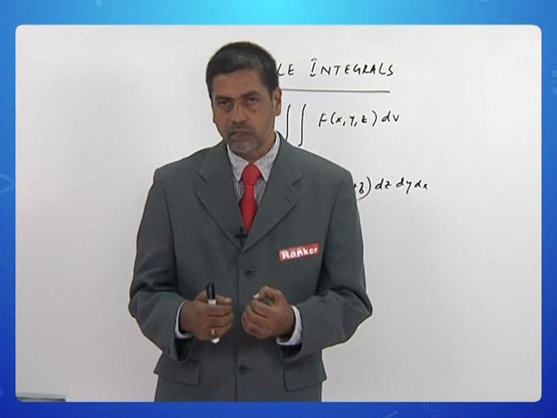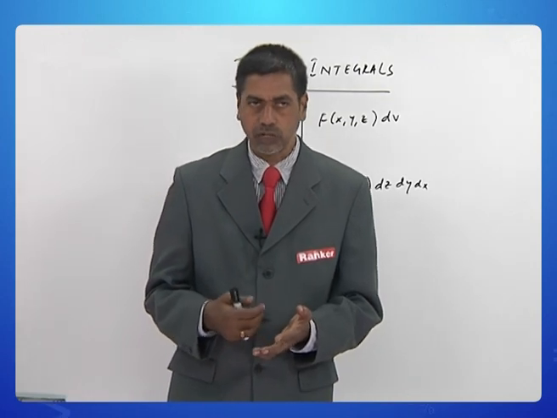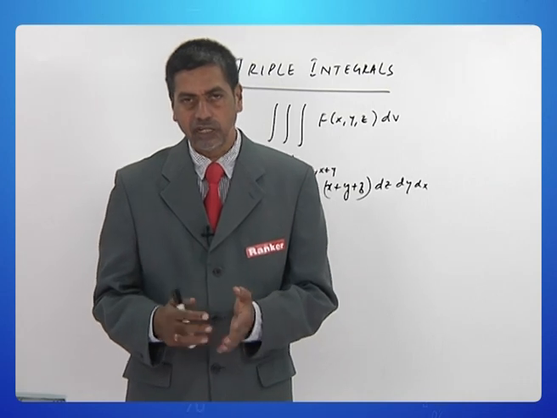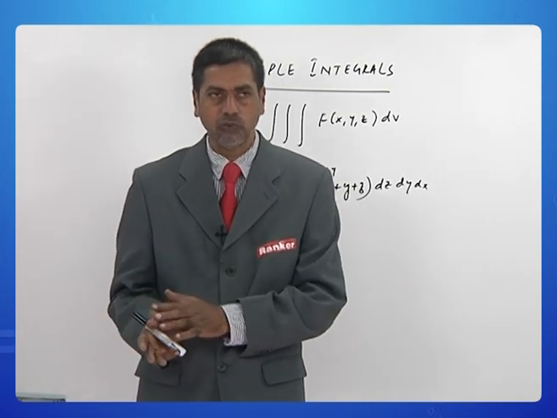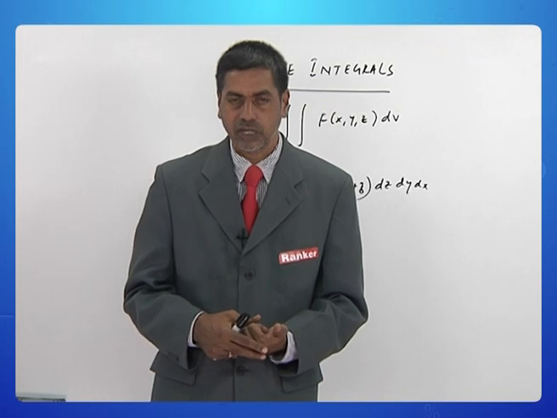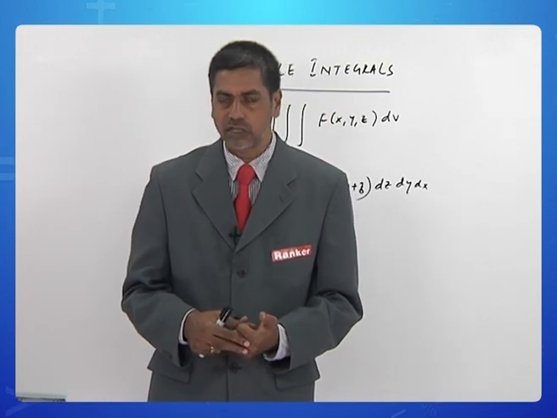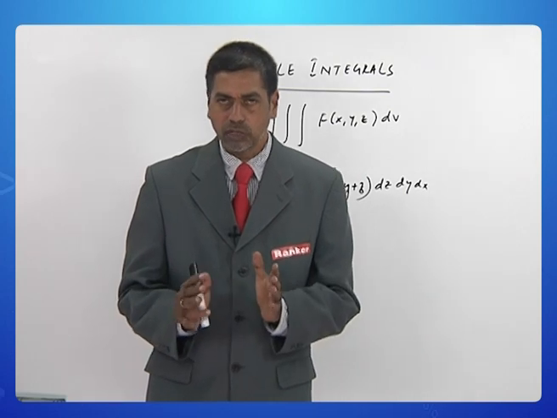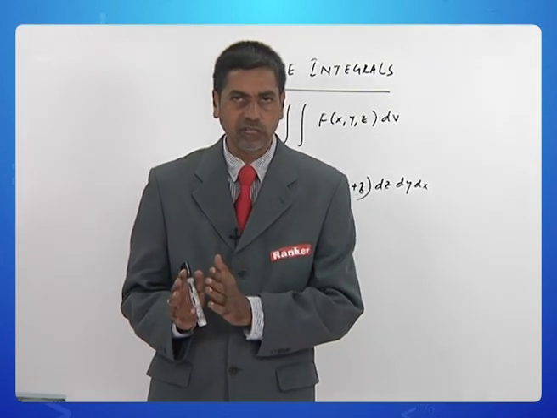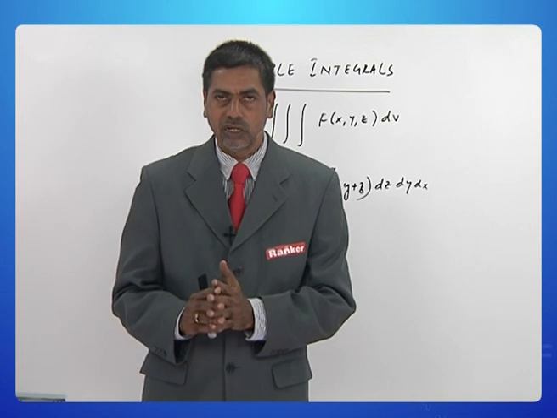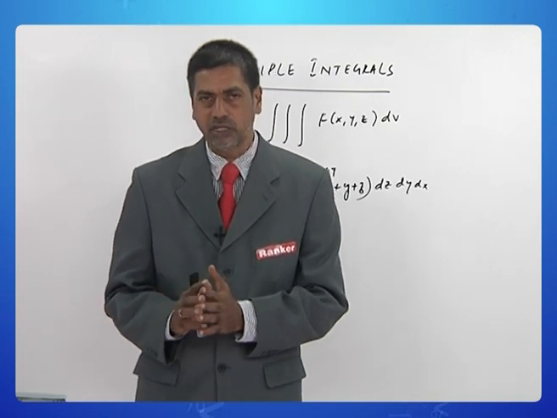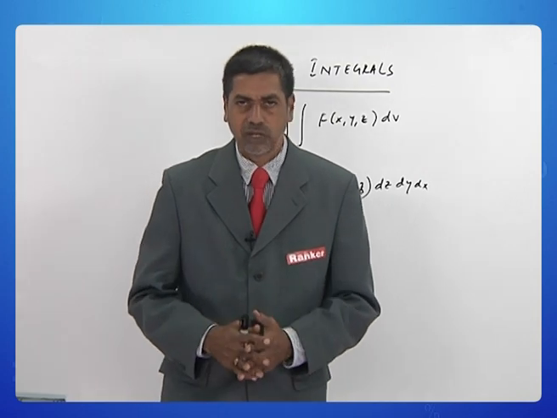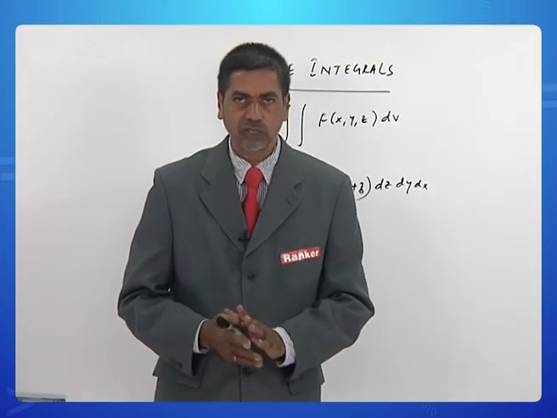Now as the domain changes, suppose you are into a spherical coordinates domain or a cylindrical polar coordinates domain, then dv is appropriately replaced, where the concept of Jacobian will enter. Right now let us discuss triple integrals in the Cartesian frame. So as I told you, triple integral f of x, y, z dv generally should be understood as finding out the mass,